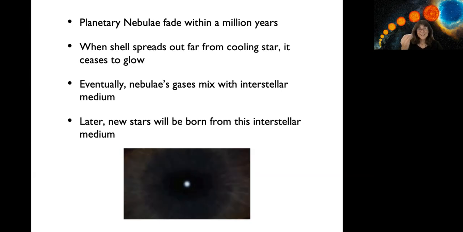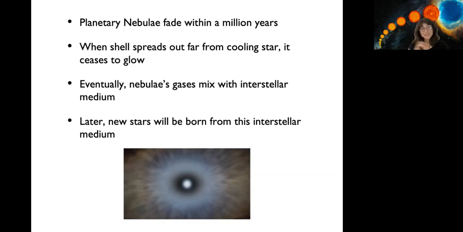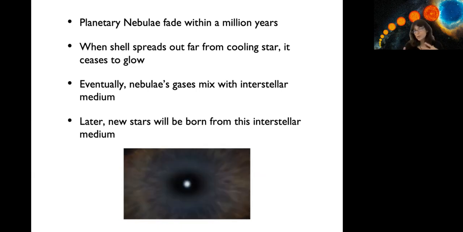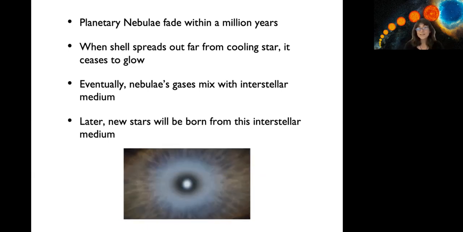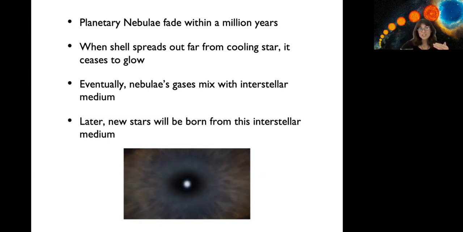Now, this gas is going to be enriched because the star formed new elements, right? The star during its life formed some more helium, and it formed some carbon, and also a few other byproducts that we don't really have time to talk about. But the bottom line is that the stars that form from the new gas will have more heavy elements than the previous generation. And this means that with every generation of stars, it's going to become easier and easier to